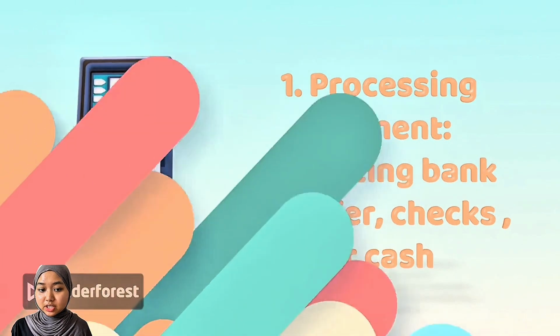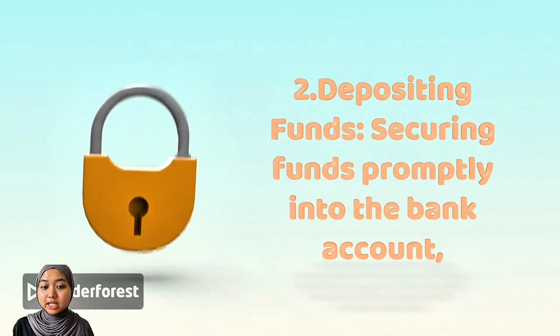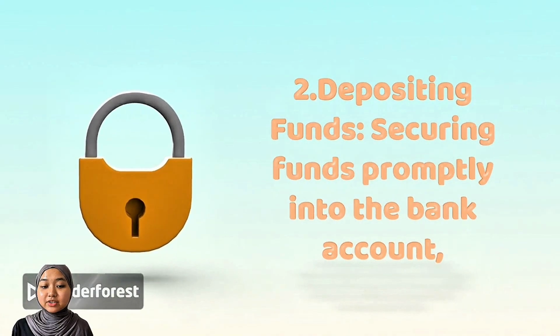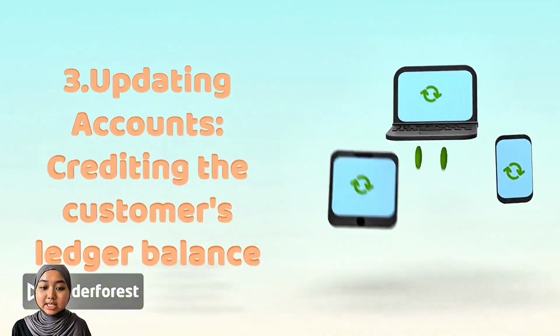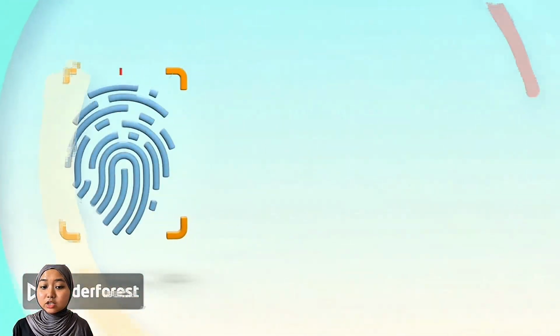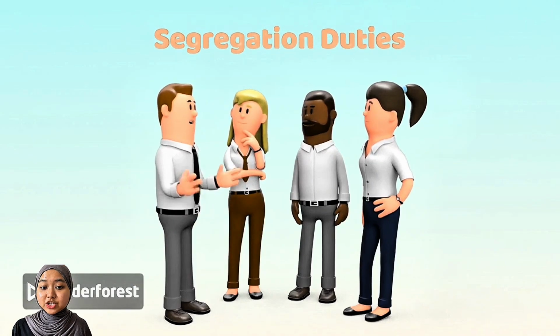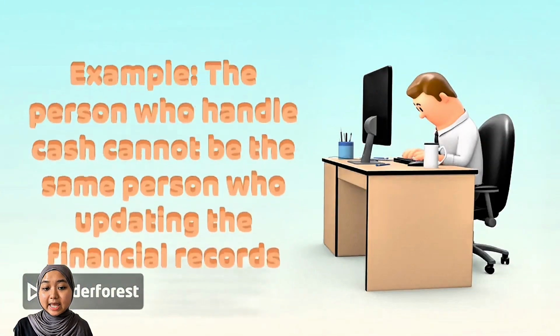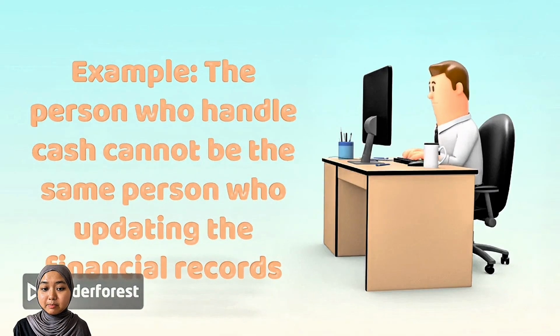checks, or cash, depositing the funds promptly into the company's bank account, and crediting the customer account balance in the ledger once payment is confirmed. A critical control in this phase is the segregation of duties. In professional business practice, the person handling physical cash should never be the same person updating the financial records to